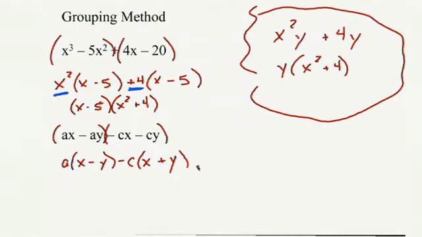Unfortunately, we have a typo. Yeah, we're stuck. How did we do this? I saw this coming. Okay, now, this was not intentional, but when you see this, it brings up a great point. I cannot go any further on this problem because these are not like terms. If these aren't like terms, you're finished. As a matter of fact, you go back to square one and say, that is my final answer. In other words, that problem actually can't be factored, at least not using the grouping method.